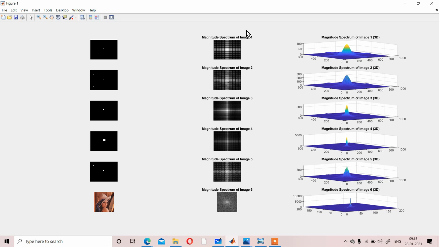So what you can see here is that for each and every image in the magnitude spectrum in the middle, you can see a brightest spot. In the middle portion of the magnitude spectrum, you have a brightest spot. That brightest spot defines the magnitude of the image.